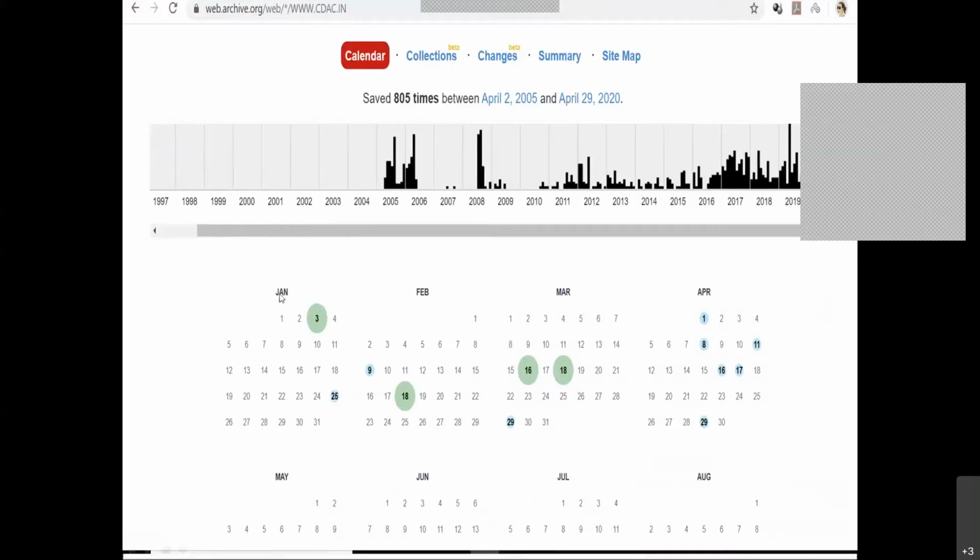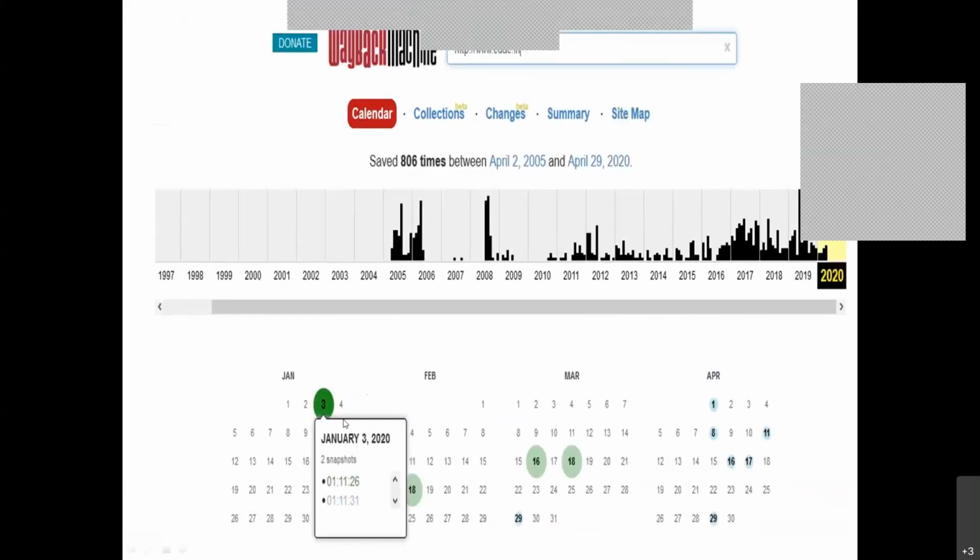And here you can see the months and the years through which you can go back in time and see how this particular URL or domain was actually looking at that time. And these are the marked ones, the green color marked ones you can see. When you put your mouse pointer there, it will tell you how many snapshots have been taken, and at what time they have been taken. So here you can click on this, and you'll get the snapshot taken on this particular date. So what all changes have been done, that you can see with this particular Wayback Machine, right?